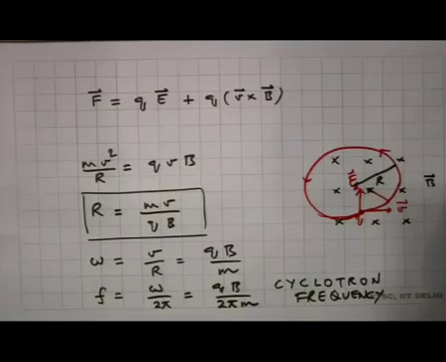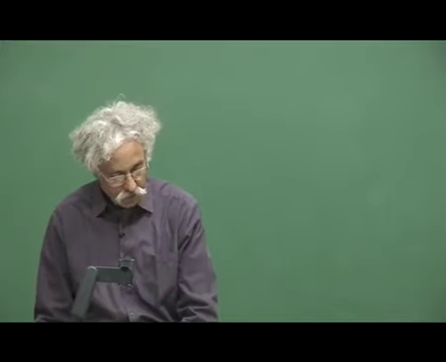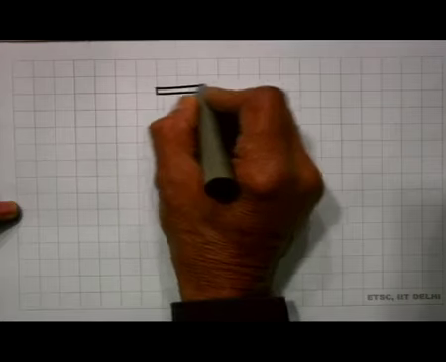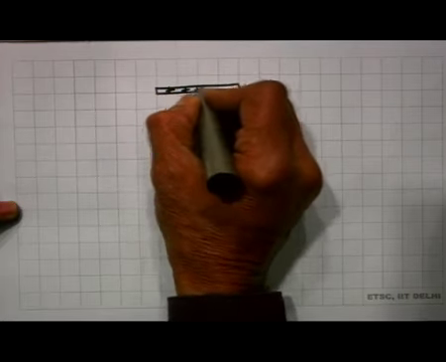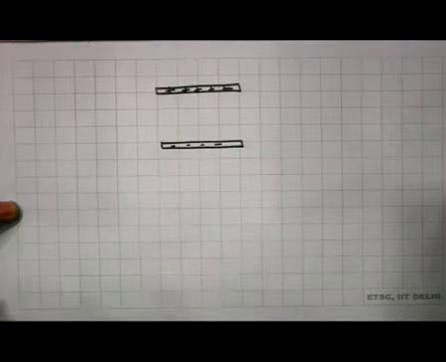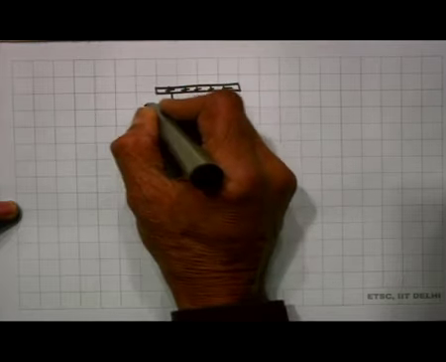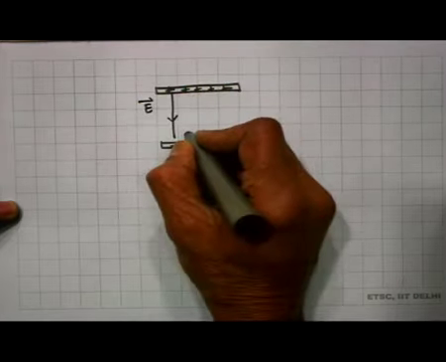So in the presence of a uniform magnetic field, if the velocity of the particle is perpendicular to the direction of the magnetic field, the charged particle performs a circular orbit on a plane, and that plane is perpendicular to the magnetic field. Now if you have both a magnetic field and an electric field, as we have seen last time, suppose I have a plate here which is positively charged, and I have another plate here which is negatively charged. So it's like a parallel plate capacitor, and I have an electric field pointing downward here, and suppose I have a magnetic field pointing inwards,